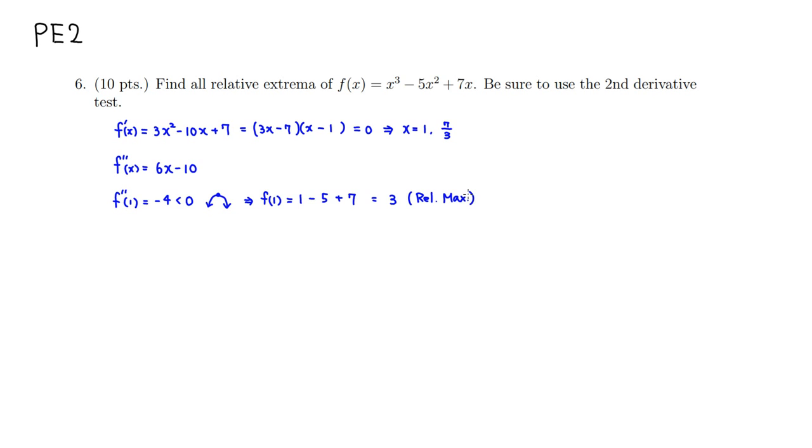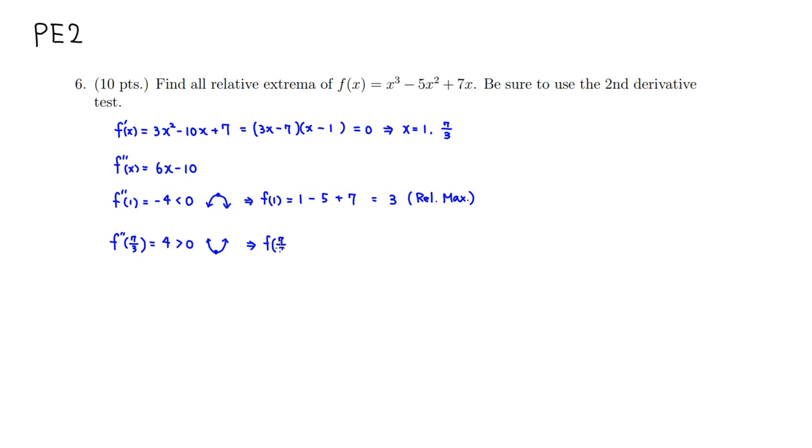And if you look at the other critical number, f double prime of 7/3, if you plug in 7/3, 6 times 7/3, the 3 cancels out, so it's 14 minus 10. So this is going to be 4. We know that this is positive, so we have a concave upward shape, and the critical number is right at the bottom. So we know that this is going to be a relative minimum. So f of